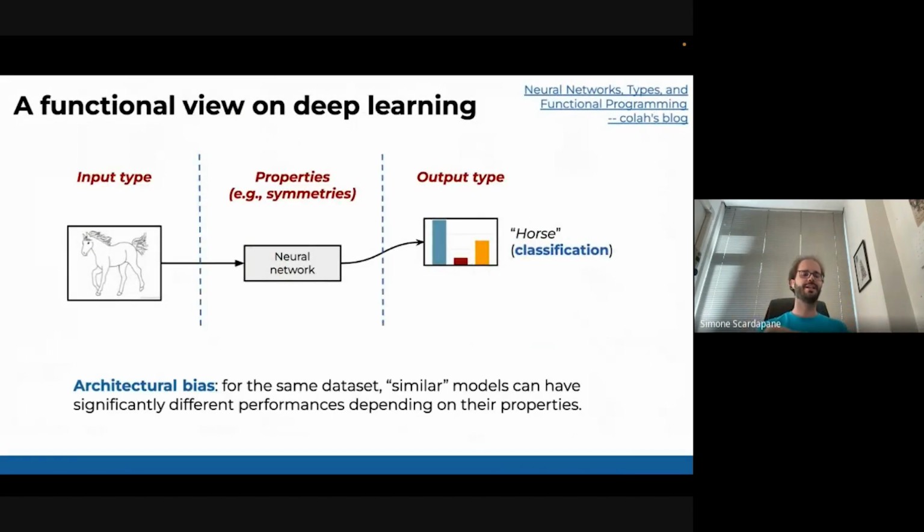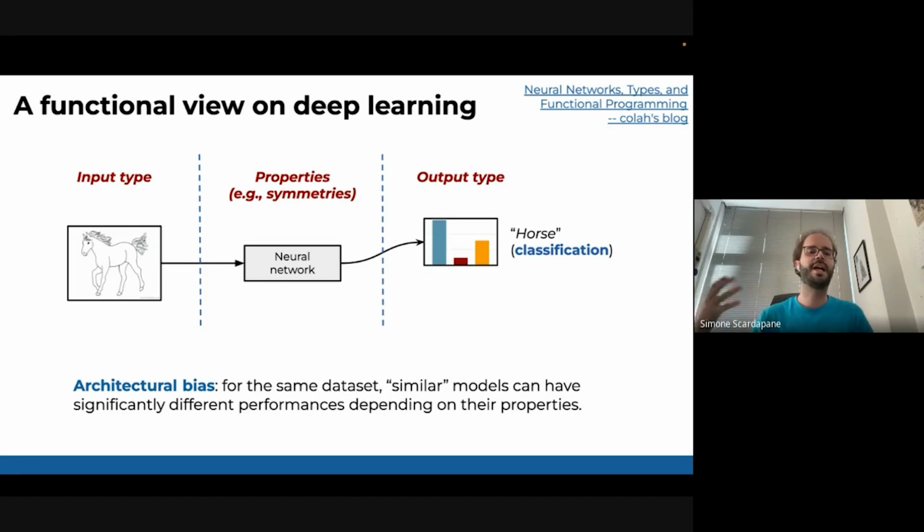But anyway, there is something very interesting about neural networks, which is what I'm calling here the architectural bias. It means that if you have a certain amount of data and a certain computational budget, so a certain number of parameters that you can handle, the way you organize your neural network, the way you organize your parameters, can change everything drastically.